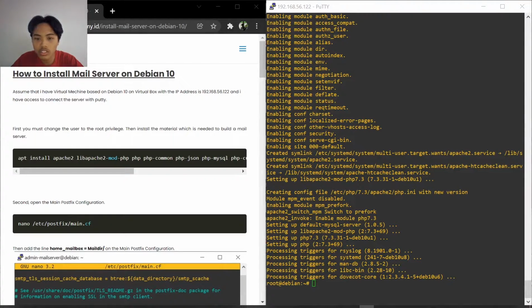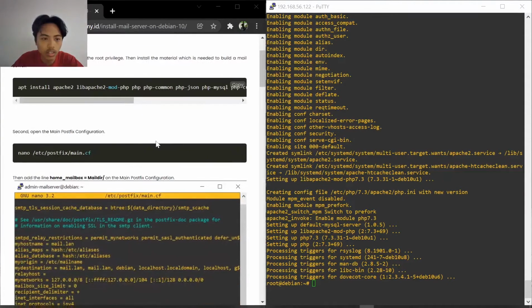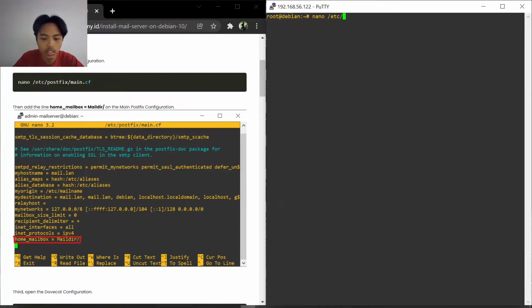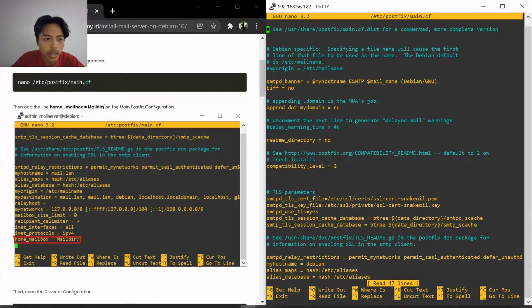Okay, when the installation is finished, we continue to the second step. Open the main Postfix configuration here. We write clear, nano /etc/postfix/main.cf, enter. Then add the line home_mailbox = Maildir/ at the end of the file.